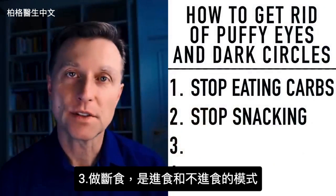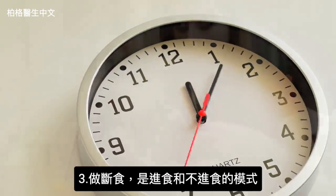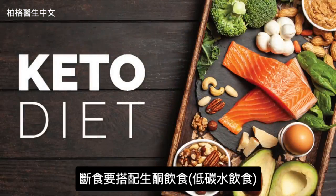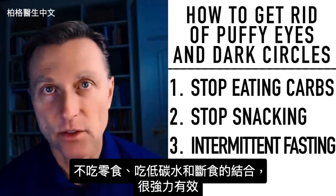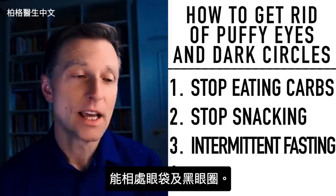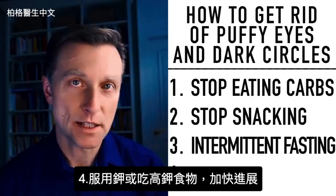And number 3, you have to start with something called intermittent fasting. So intermittent fasting is a pattern of eating and not eating. You want to combine that with your low carb diet. We call it a ketogenic plan. The combination of low carb and intermittent fasting, without snacking, of course, is powerful to handle the bags as well as the dark circles. Now, there's one more thing you could do to speed things up, and that is to